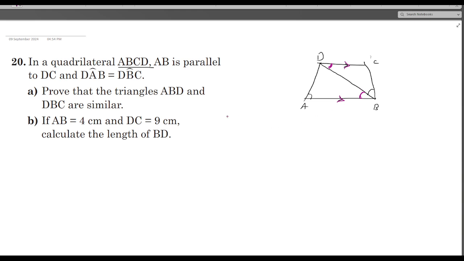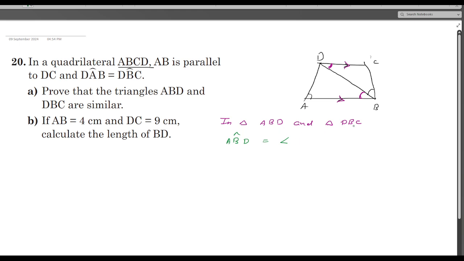So here I will say that in triangle ABD and triangle DBC, your angle ABD will be equal to angle D